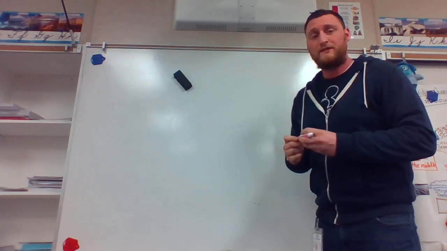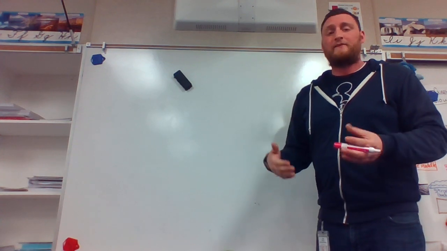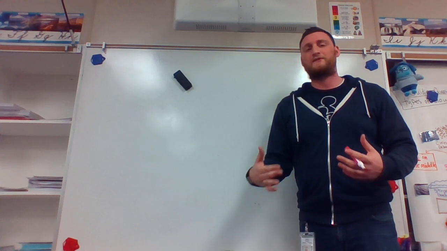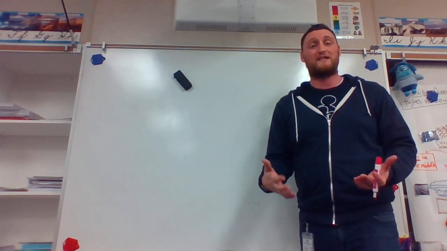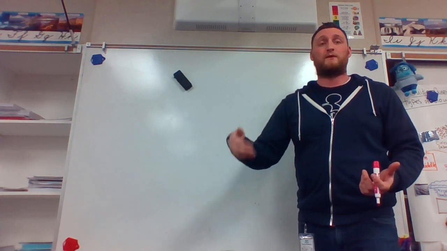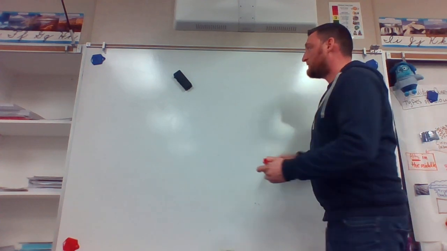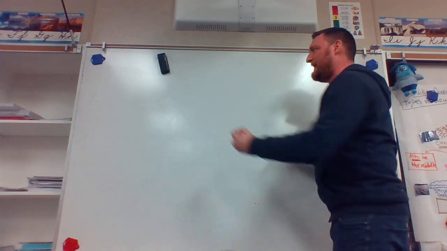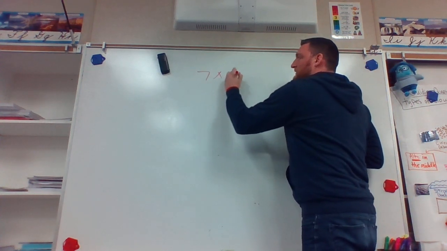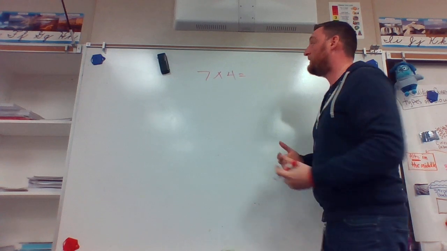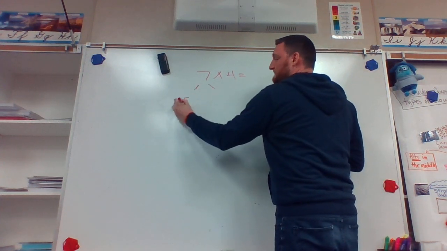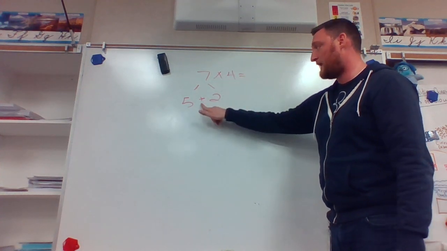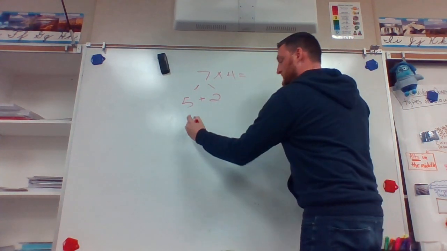Basically, what I want them to do is I want them to have a strategy for not knowing that skip count. 7 and 9, those are typically the numbers that my students have a really difficult time skip counting. 7, 14, 21, 28, that. So what we want them to do is be able to say, yeah, 7 times 4, that's really tough for me. But I can break this into 5 and 2, because 5 times 4 plus 2 times 4,